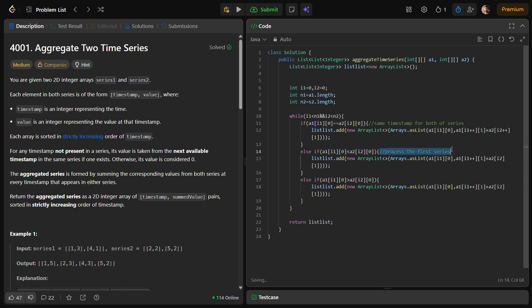Here I am processing the second element. Here a2, because I am looking at the timestamp of the second subarray, and I have processed the first one. So just increment that pointer.